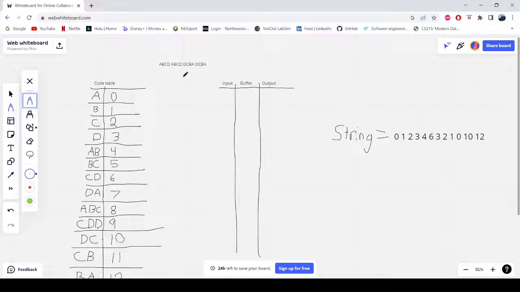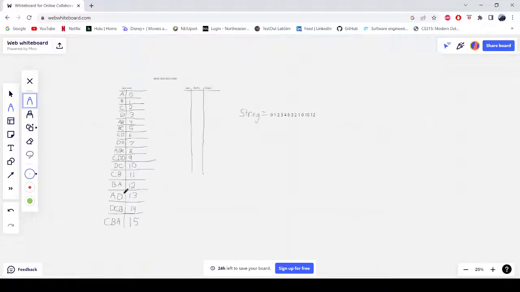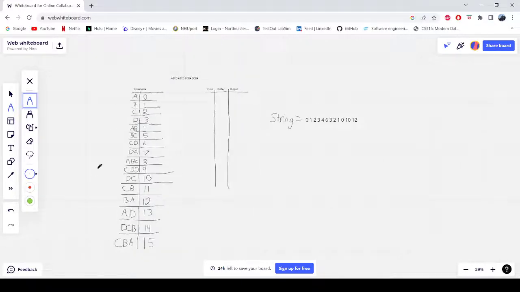So the first part about decompression is, again, you have to have your code table. This code table is the exact same from the compression part. As you can see, I didn't change anything. But all you need is a new input, buffer, and output column, and then we're just going to start evaluating. But this time, instead of evaluating our initial message, we're going to be evaluating the string that we got from our compression part. So the way that this works is we're going to go from left to right, evaluating each input,